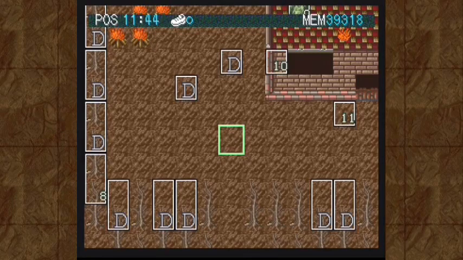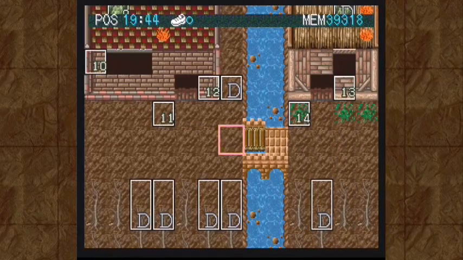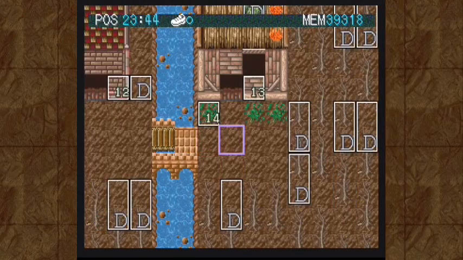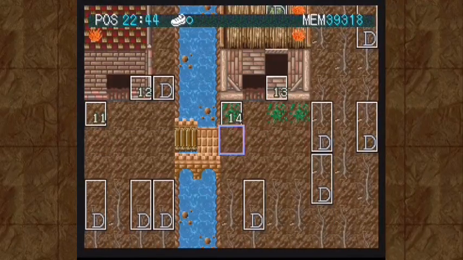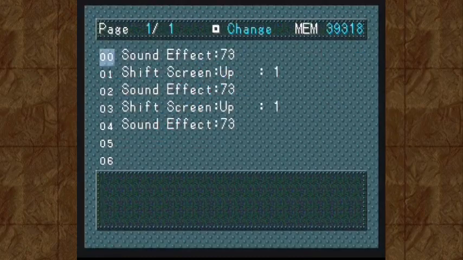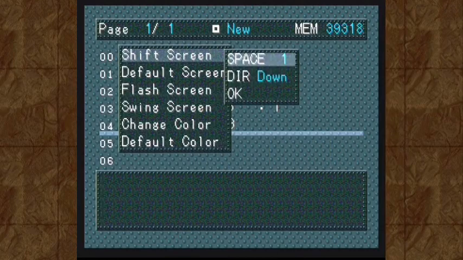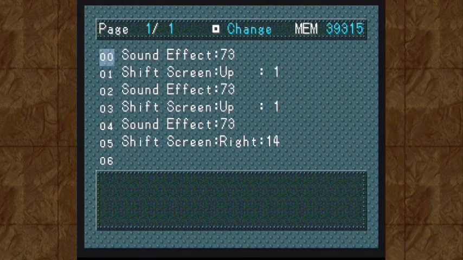How many spaces? 1, 2, 3, 4, 5, 6, 7, 8, 9, 10, 11, 12. Probably 12 is enough. Make it 14, just so the focus isn't on the dragon at the end of this. 14 to the right. And what I'm doing here is...